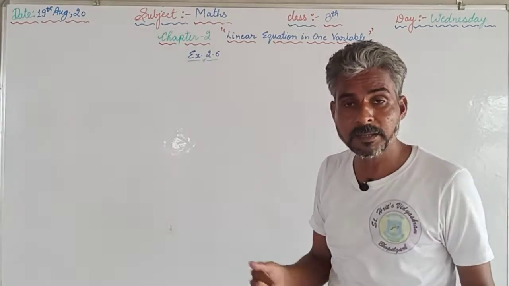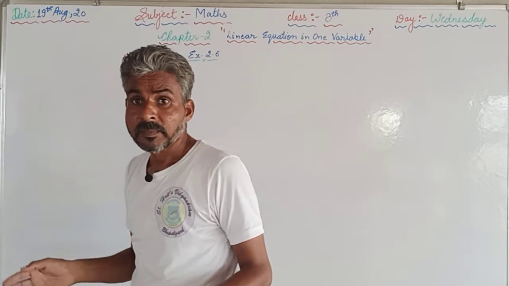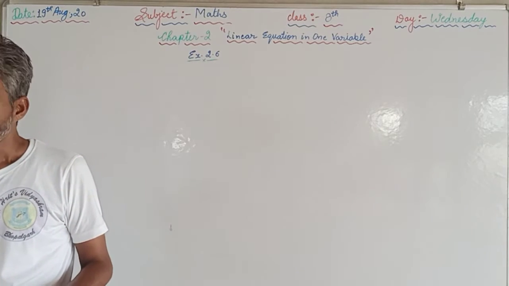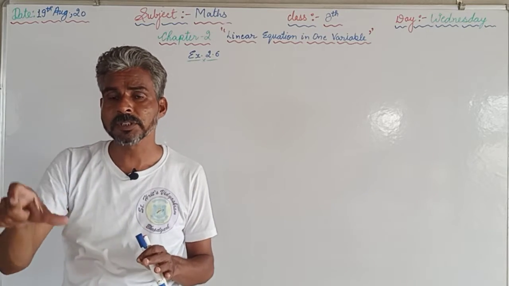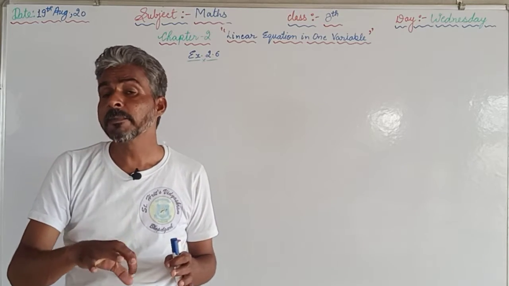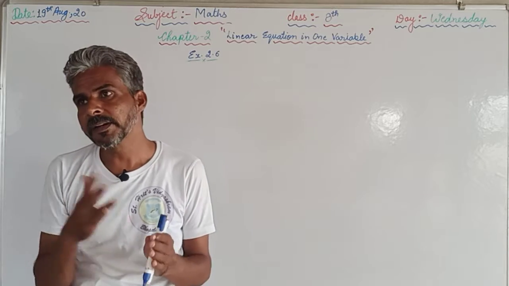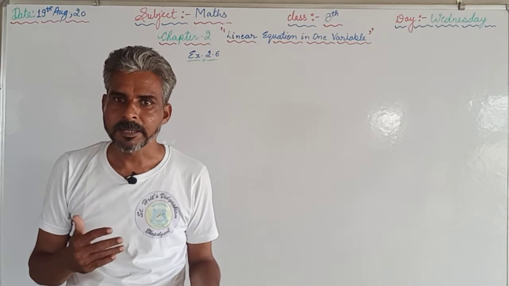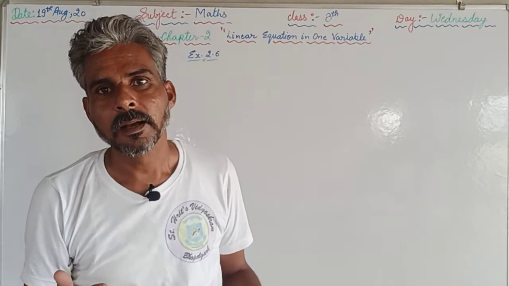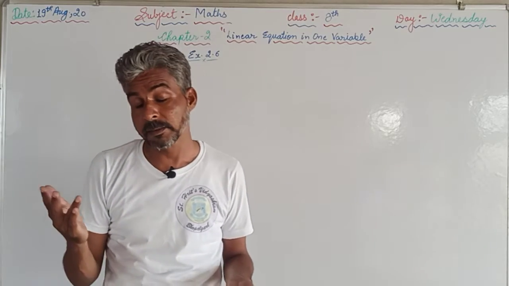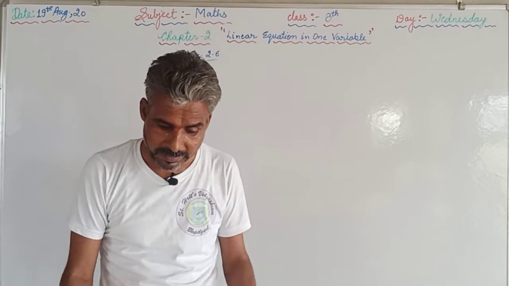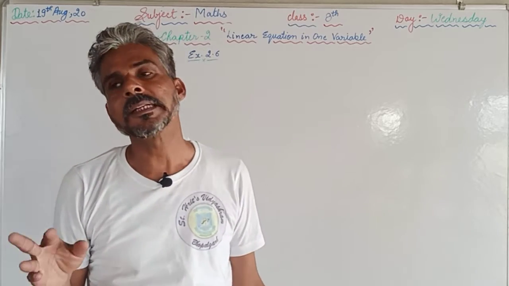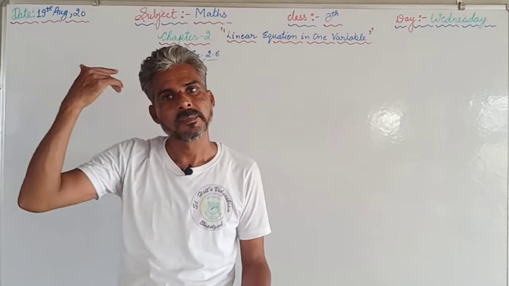Again, variables are the symbols having different values. The value of the variables depends on the information given in that particular question, or depends on the equation. Different equations, different values of the variables. So the symbols which can change their values are known as variables, whereas constants are the numbers like 1, 2, 3, 4 up to endless.